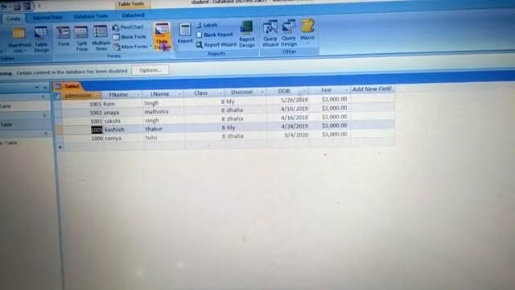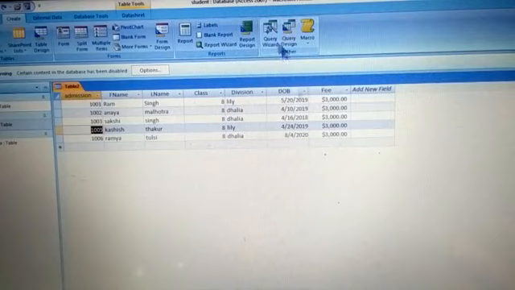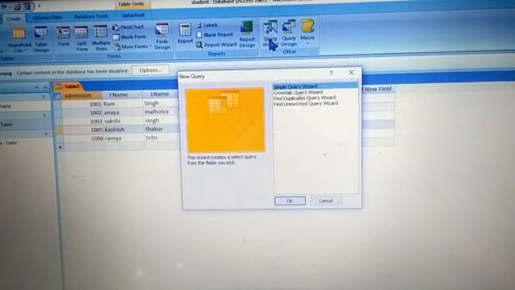So these are the things that have opened on the ribbon. Then we will go to what, Query Wizard. So Query Wizard is in which group, children? In the other group. So in other group, children, you will find Query Wizard. Here is other and here is Query Wizard. I will click on this Query Wizard and see this dialog box appears, and it asks you what you need to do. So today we are learning only simple Query Wizard, and this has been selected.